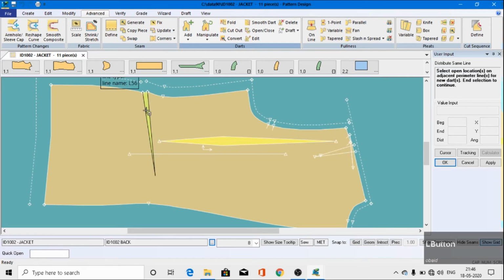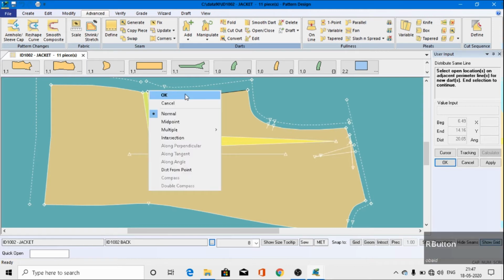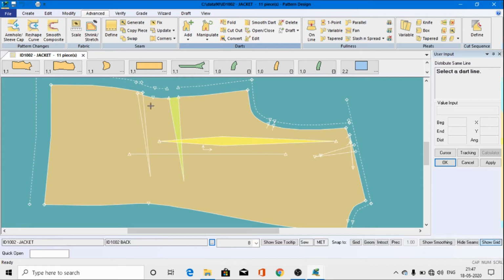Dot line you have to select, open location you have to select, and then right click and then OK. And then you have to put the width of your dot and hit the enter button. You can see in the same line many dots like this you can apply.